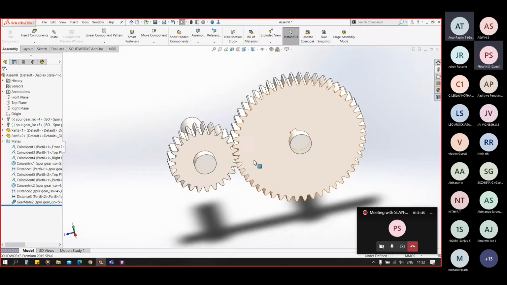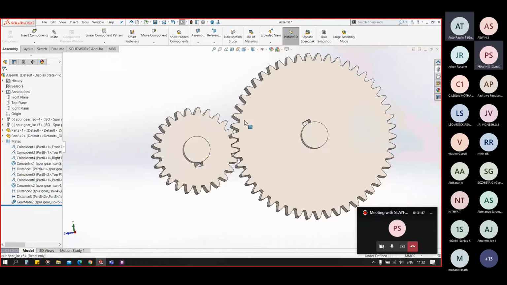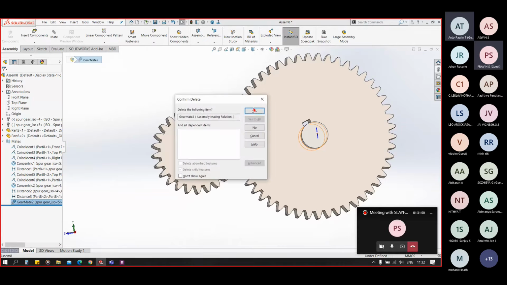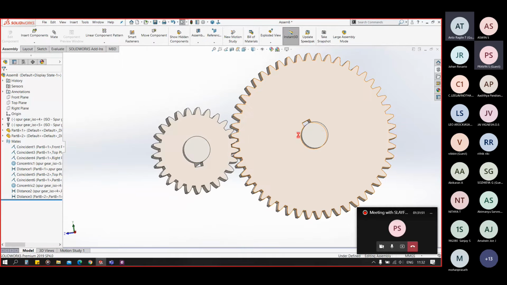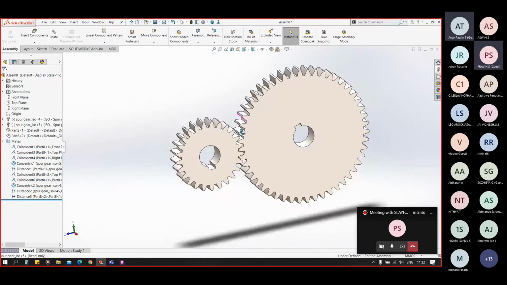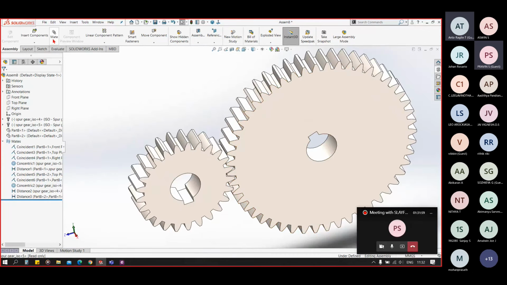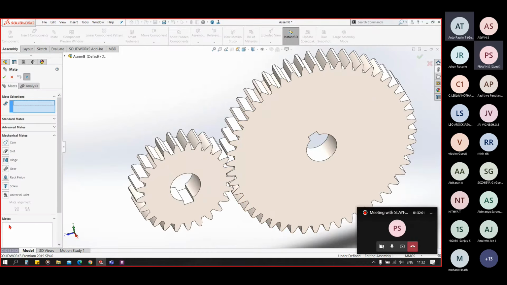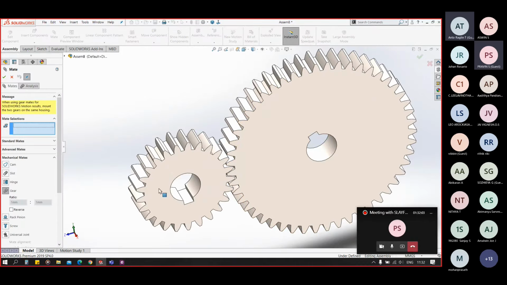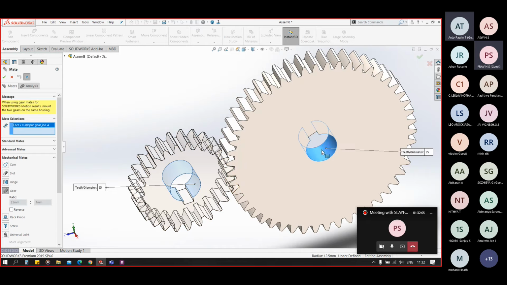Okay, so let's have a gear mate once again. Again, I am hiding these two shafts. Go to mate, go to mechanical ones, gear, select the two inner surfaces.